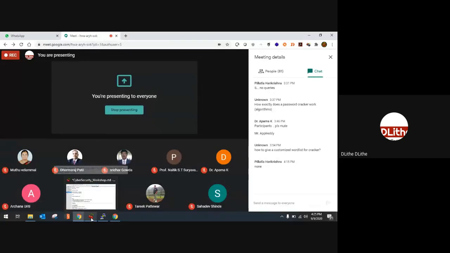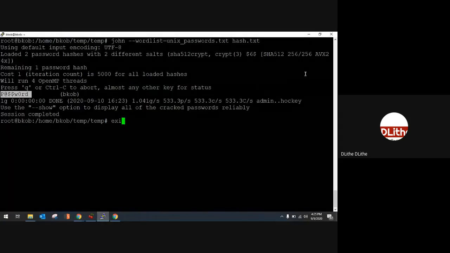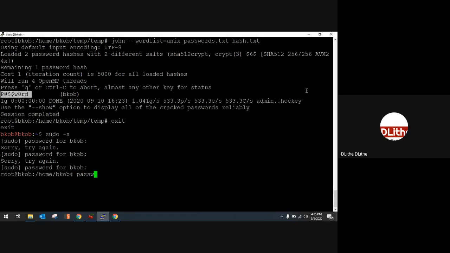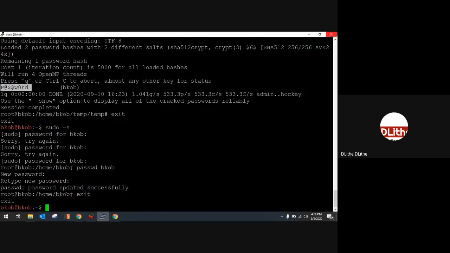Since we are going to online password cracking, let me exit all those things. Let me go back to my password. Wrong. Let me retry p@$w0rd. Okay, I hope the password was right. P@$w0rd, that's right. Let me change my password so that I don't forget things. Okay, let's start. So it's ready.